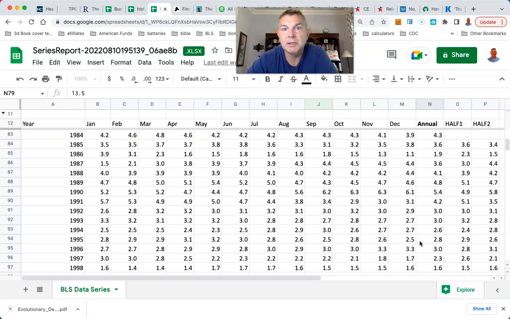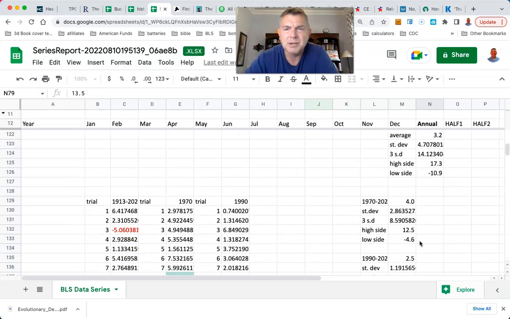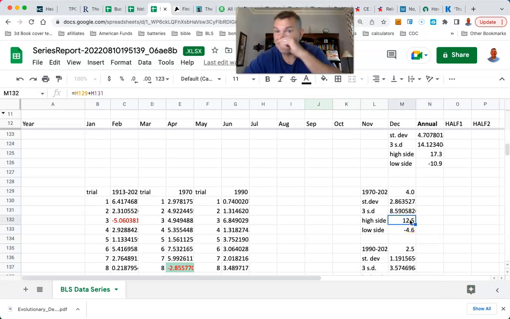1980, we went into the fourth standard deviation again. And going to the fourth standard deviation of financial numbers isn't that extraordinary. It's just not. So our high side is 12.4. We actually had 13.5 in terms of the high side. So that was in the fourth standard deviation.